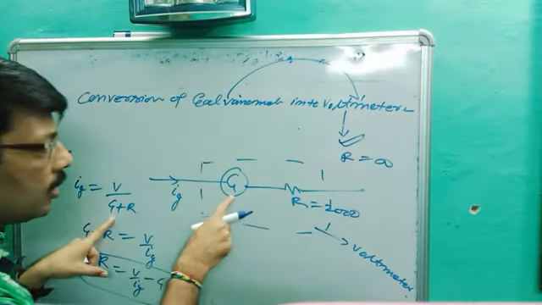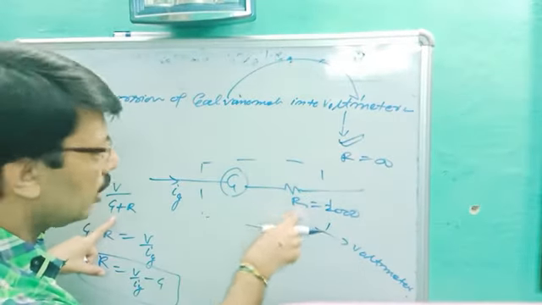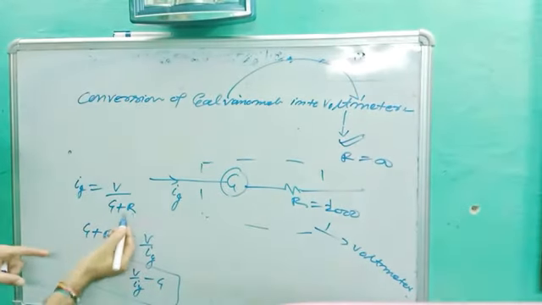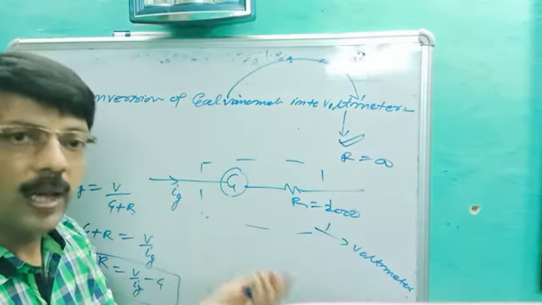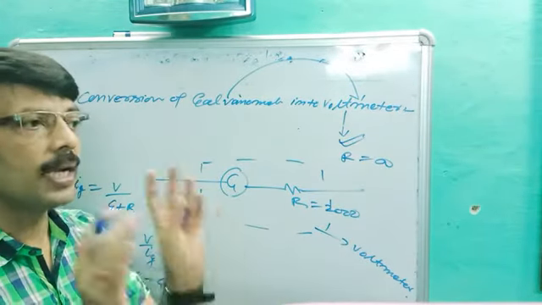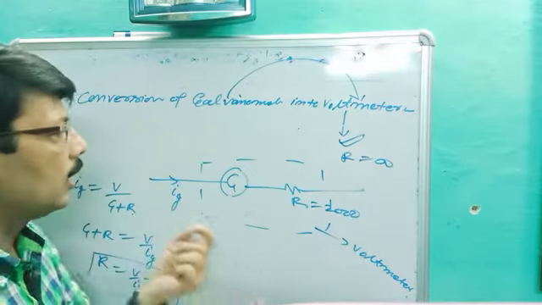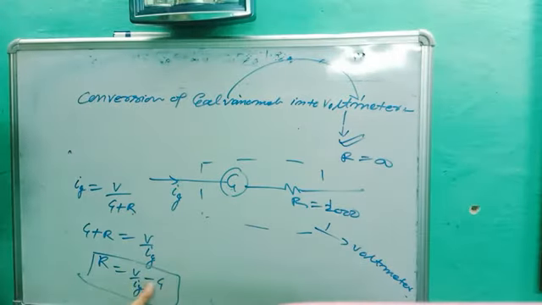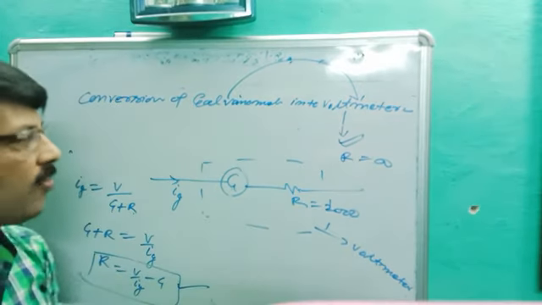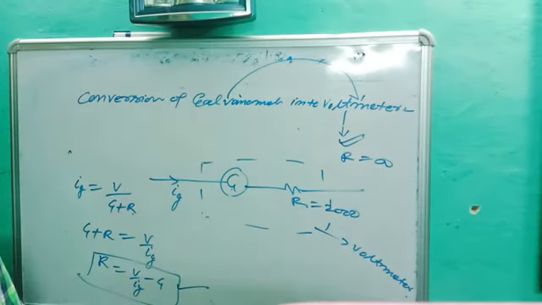So what is total R? G plus R, they are in series, R1 plus R2, so it becomes G plus R. We need the value of R because this should be connected in series. Okay, so you have to find out the value of only R, at what value it should be connected in series, then the galvanometer becomes a voltmeter. So R is equal to V upon Ig minus G. This is the formula of conversion of galvanometer into voltmeter.